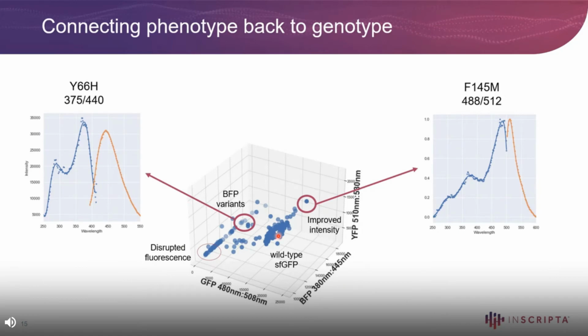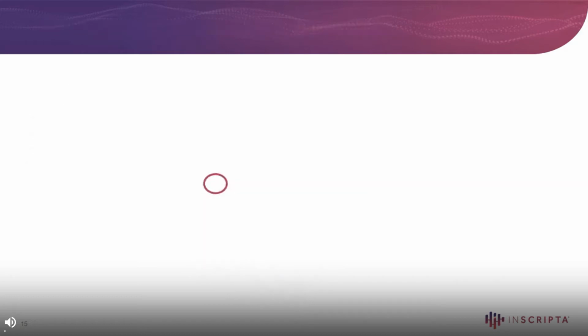If you look at 3 axes now, GFP, BFP, and YFP, this is that improved intensity one that I mentioned. We also saw lots of BFP variants or BFP shifted variants. And one of those variants was a previously identified and well characterized tyrosine 66 to histidine variant. So you can identify variants that were already known in the literature. This improved intensity variant was a phenylalanine 145 to methionine variant, and that was carried through a second round of